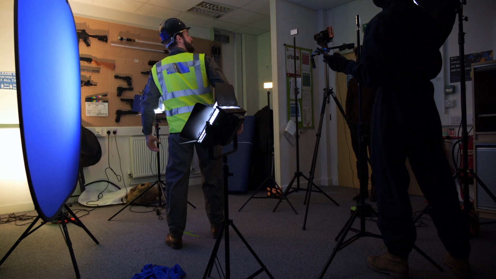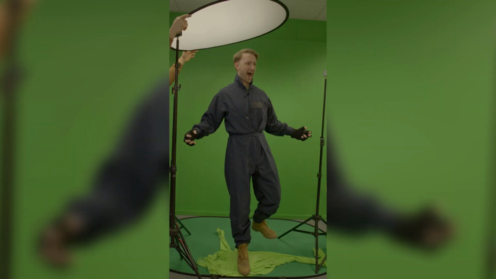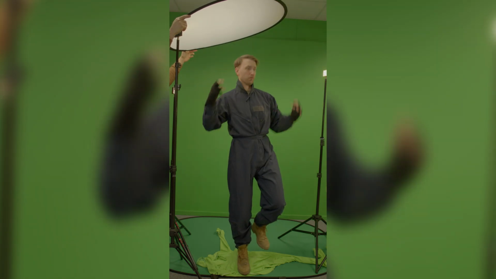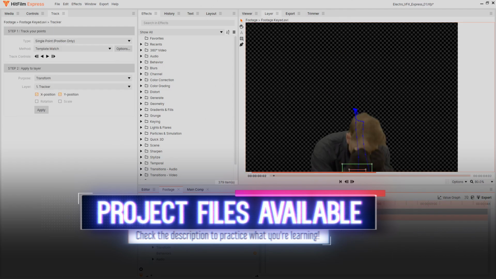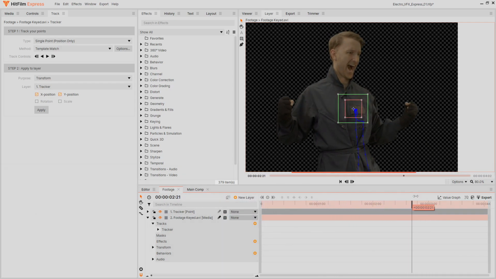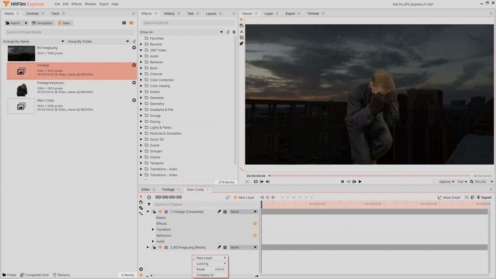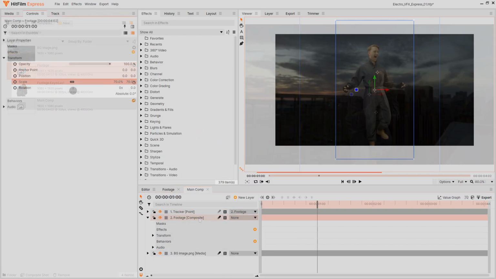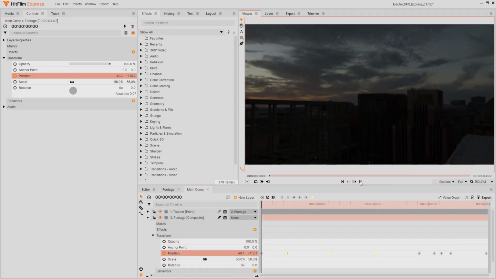This interactive lighting is an important detail, and practical lighting on set tends to look much better than adding it in post-production. The downloadable project files include this clip of Tom with the green screen already removed. We'll want the lightning effects to stick to Tom and follow his movement, so I've also done a 2D point track. To learn about green screen and tracking in HitFilm, check out the tutorials linked in the cards on screen. With Tom placed over the background, I copied over the tracked point and parented it to the footage layer. I then adjusted the scale and animated the layer's position to add some more floaty motion and to make him fall down at the end.